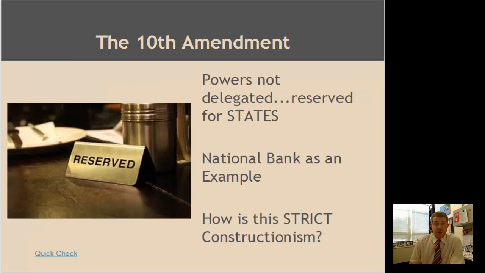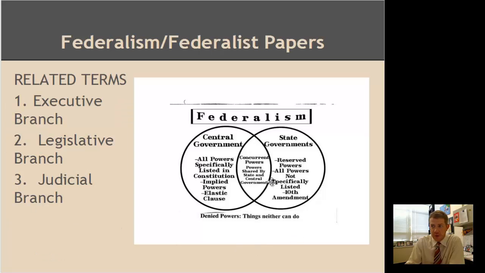And strict construction is the Jefferson thinking, where now we're looking at the Constitution a little more literally. We are looking at the 10th Amendment, which says that if there are powers that are not delegated to the, I'll go back to this real quick, if there are powers that are not in this part of the circle, they are naturally this part of the circle. They don't overlap, it's over here.